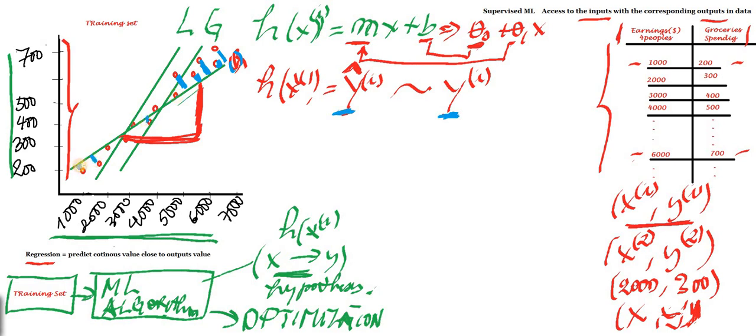This distance is what you call error. So basically, in linear regression, one of the most widely used error functions is what you call root mean square error, or mean square error. And this root mean square error, or mean square error, is what you call the cost function